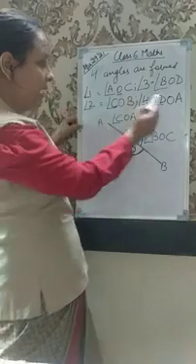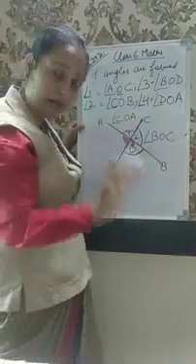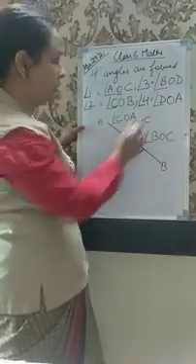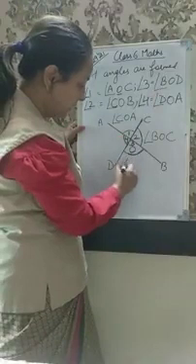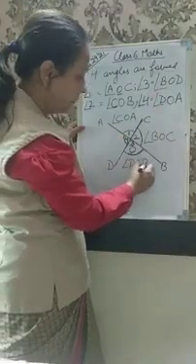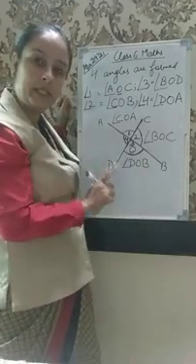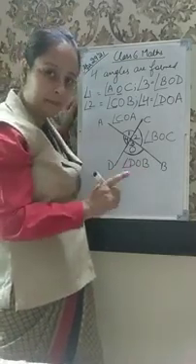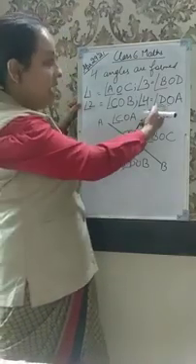So same way, angle BOC or angle COB, it's the same thing. Understand? Let's now do the third one. It's angle BOD. I can also name it as angle DOB. BOD can also be written as angle DOB because it will still be the same. Understand? And the fourth one is angle DOA.